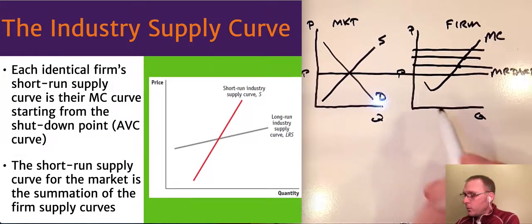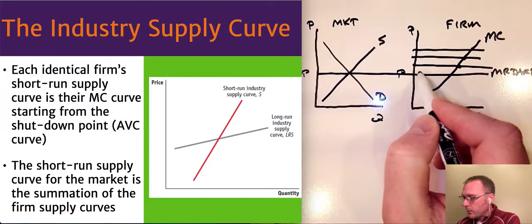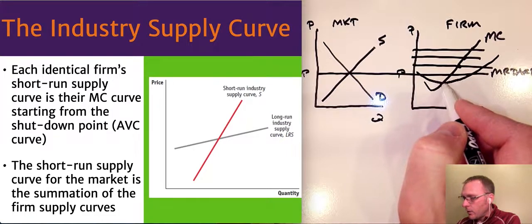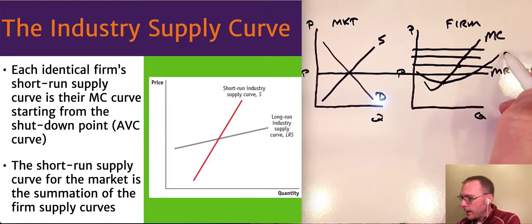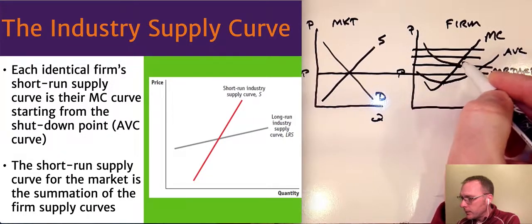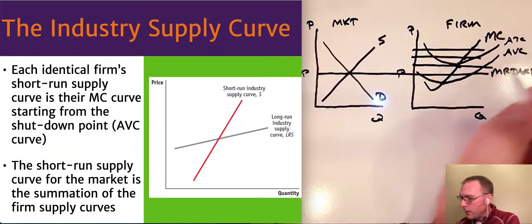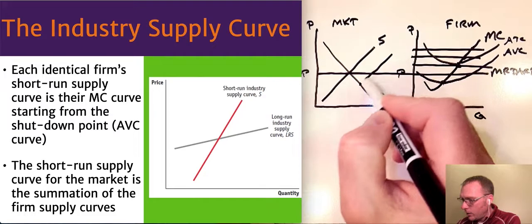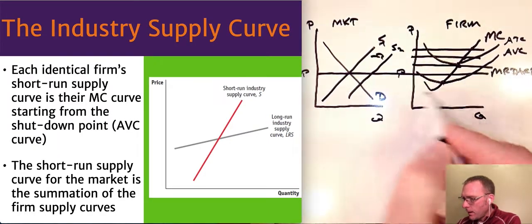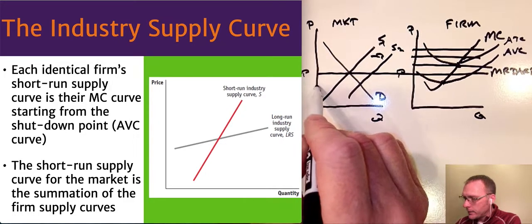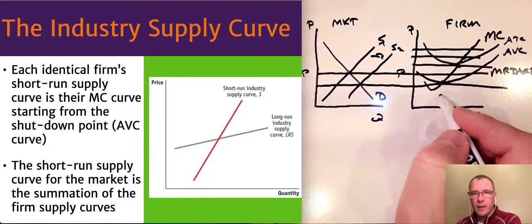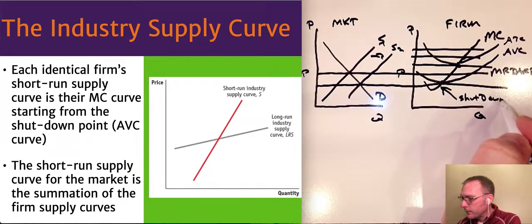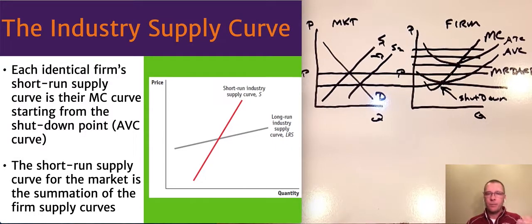It goes down to where my average variable cost curve is. So let's say my average variable cost curve is down here someplace, and it kind of smirks up like that. I would go down and produce all the way to this point. If this is my AVC, and remember my ATC is up here someplace, and suppliers came into the market and the price came all the way down to here, whoops, a little crooked on my graph. At that point, that is my shutdown point,